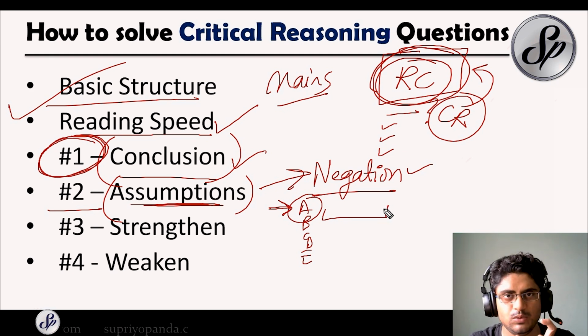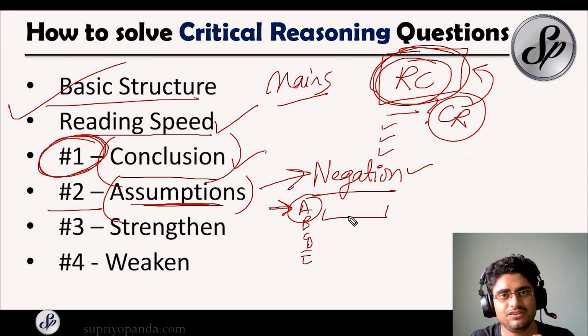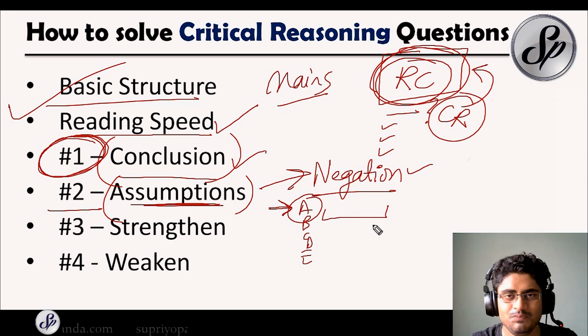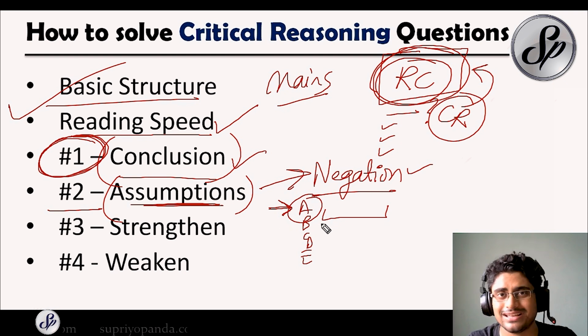So that statement will be given to you, right? Just try and reverse that statement, and you are going to see it in the questions when we do them. But once you reverse it, if the reversed statement still lets the argument stand, this means that it cannot be an assumption, because if the negation does not destroy your argument, that option is not an assumption. So that is how you are going to find out the right answer in those assumption questions.